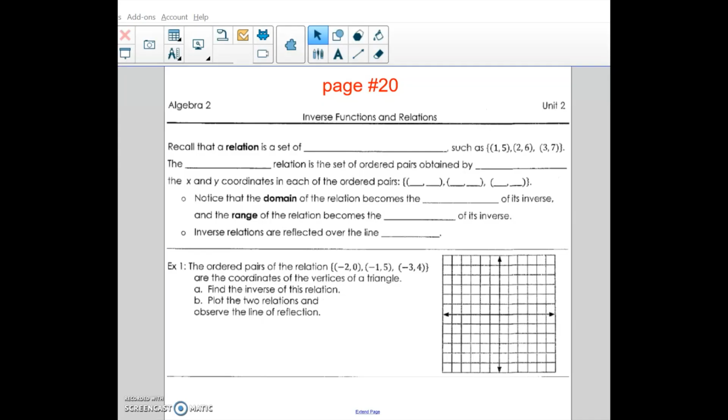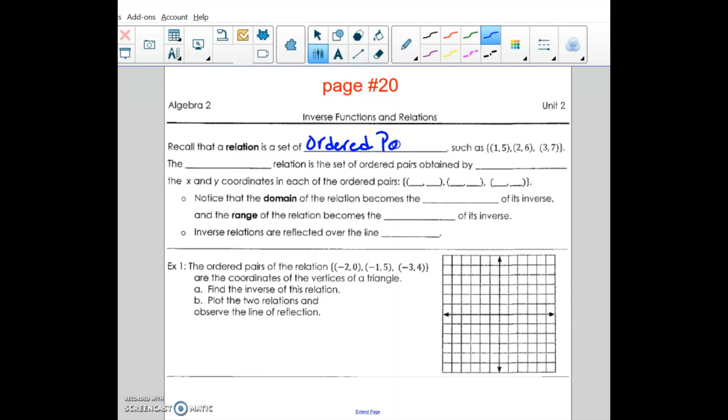So the last section of this unit is on inverse functions and whether or not they are actually a function. So creating the inverses of functions and determining if they are functions as well. So recall that a relation is a set of ordered pairs, such as the set that we have, (1, 5), (2, 6), (3, 7). Okay? The inverse relation